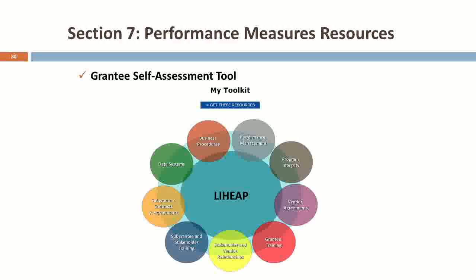And just a quick introduction, I don't want to step on Heather's toes too much, but there's also a grantee self-assessment tool. So there's lots of resources available on this performance management website. And sometimes it might be difficult for a grantee to discern what resources exactly they need to handle a problem that they're encountering. So this grantee self-assessment tool, which we're going to demo a little bit later, is going to work to alleviate that problem a little bit. You're going to be able to really delve into what resources cover which topics.